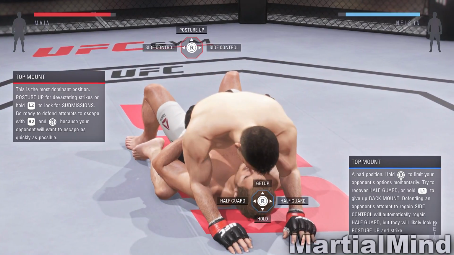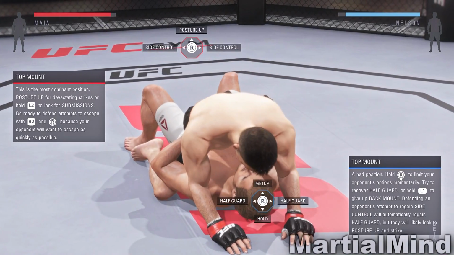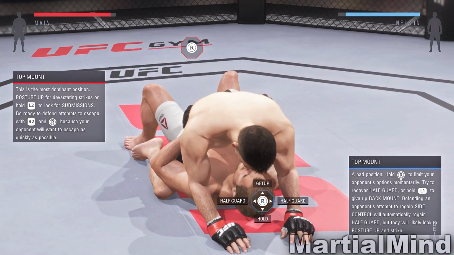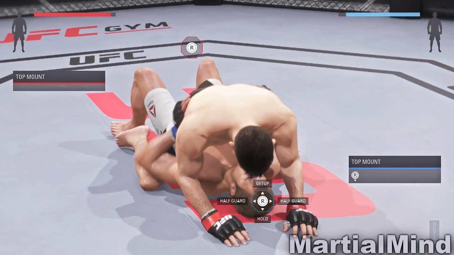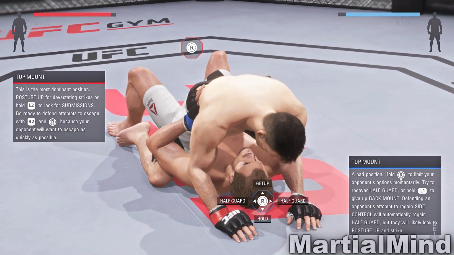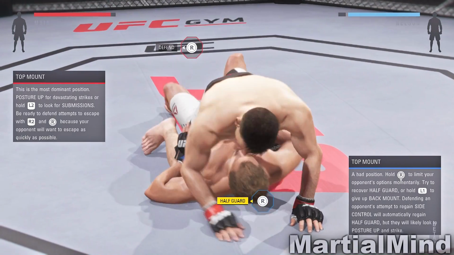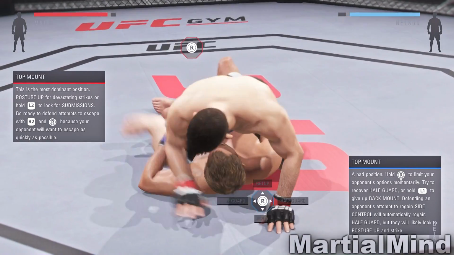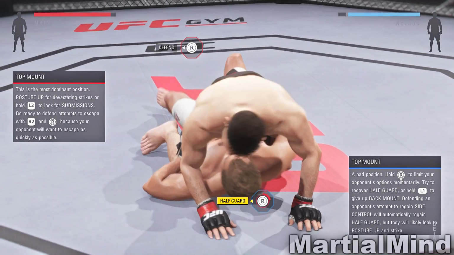Now, when it comes to mount, a lot hasn't really changed when it comes to blocking transitions. You just have to pay attention to your opponent's hands and what direction they are attempting to go. When you're the fighter on top and your opponent attempts to get back to half guard through the left side, he'll put his left hand on your knee and push. This is your tell, okay? And this is also your cue to hold R2 and flick the right stick to your left to block that